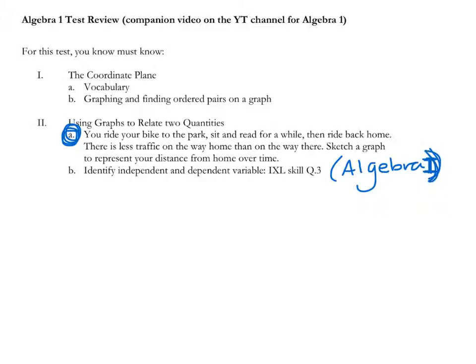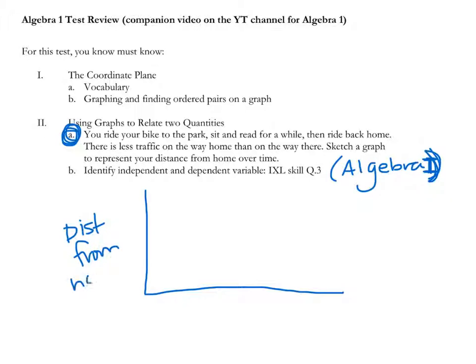So anyway, let's do this one. You ride your bike to the park. Sit and read for a while, then ride back home. There is less traffic on the way home than on the way there. Sketch a graph to represent your distance from home over time. Okay? Distance from home over time. So this is distance from home. And this is the time that